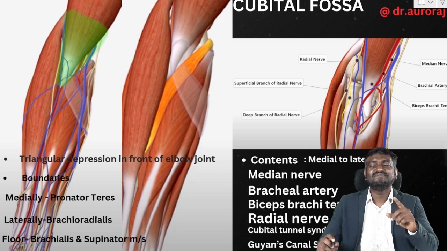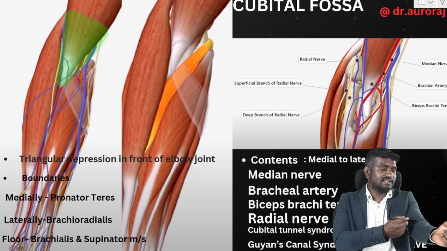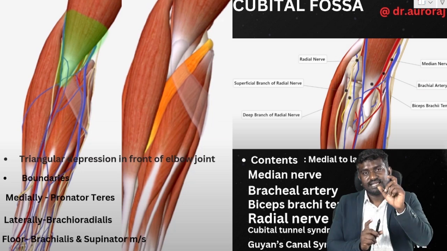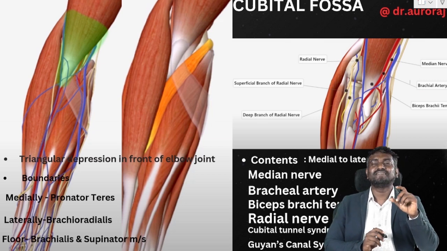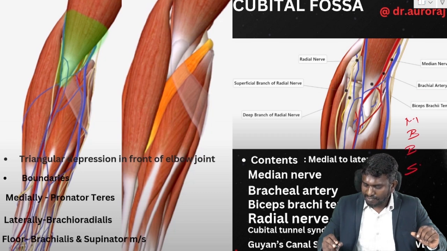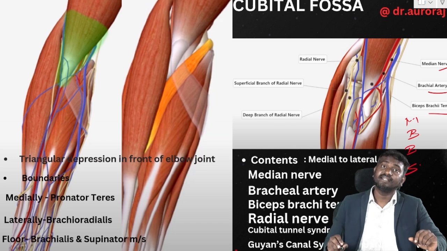Cubital fossa is very important. This region, the triangular depression in front of your elbow joint, is called the cubital fossa. It is very important to remember its contents. It comes with a simple mnemonic called MBBS. Yes, let's revise it. MBBS. Very good. First M is for median nerve, second B is for brachial artery and also biceps brachii tendon,